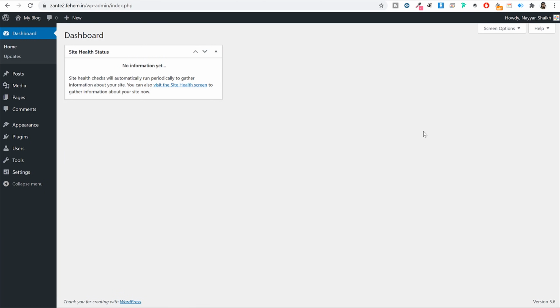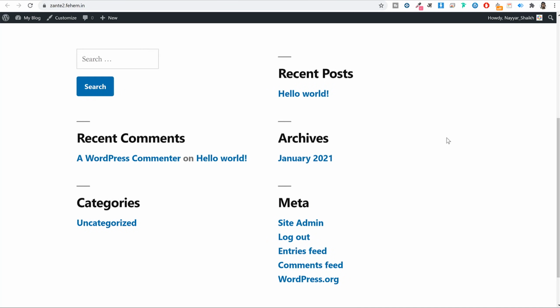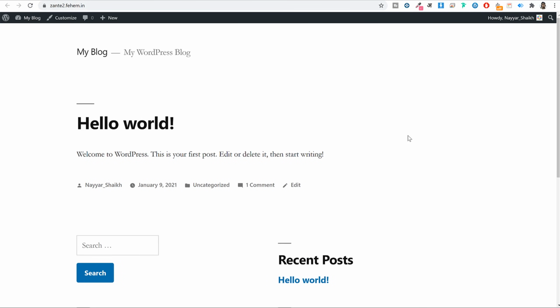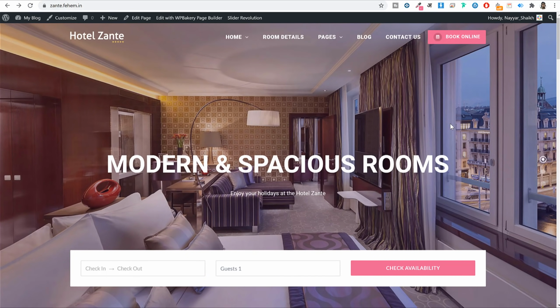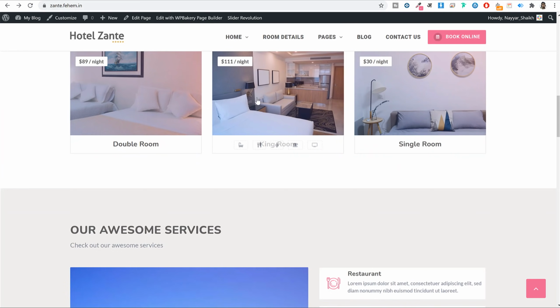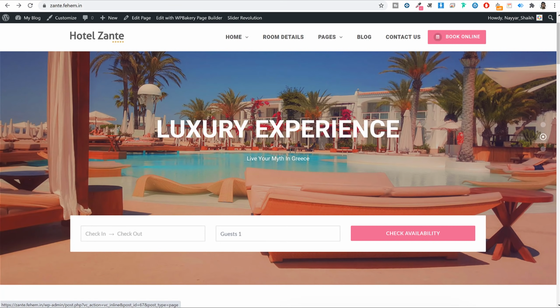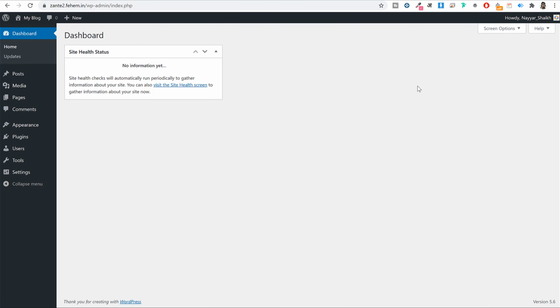Alright guys, now let's do one thing. Let's install a new theme. Because right now, as you can see, this is how your website is looking. And obviously we don't want a boring and plain website like this one. We want an amazing, beautiful looking website like this one. And with that, we also want these features. So we'll install a new theme, and with that theme, we'll get all the plugins that will add these required features to our website. Now to get this theme, again, you have to open a new tab and type in